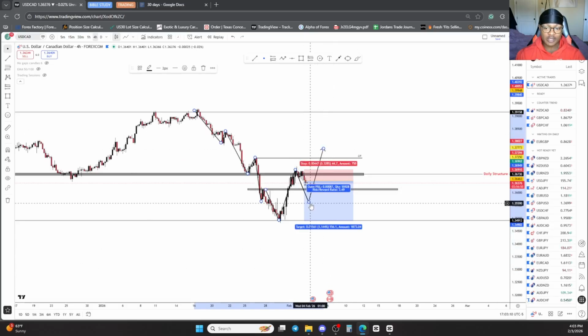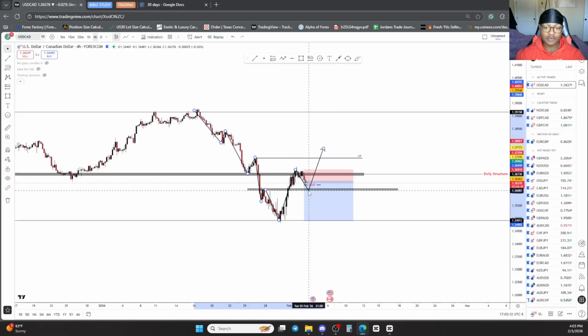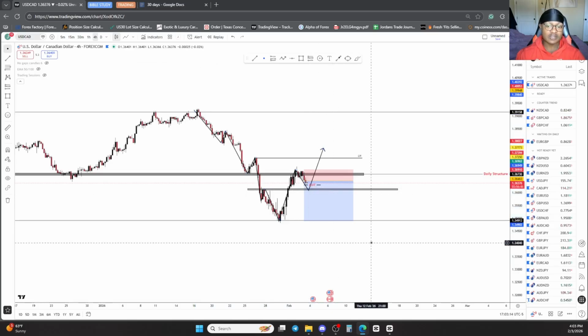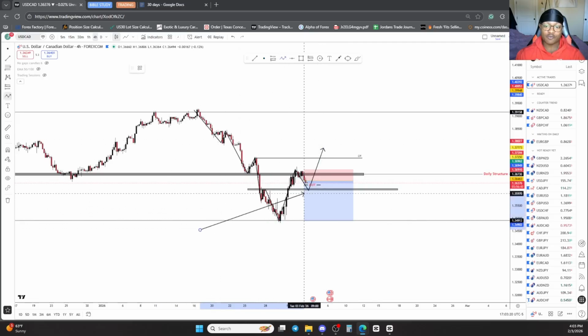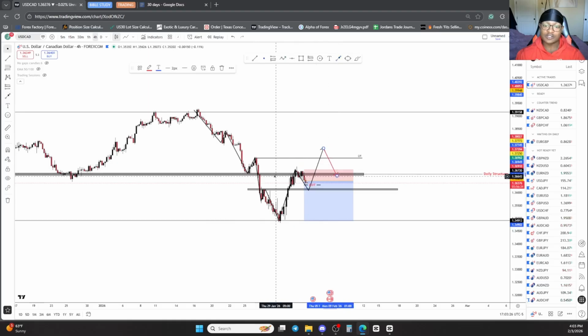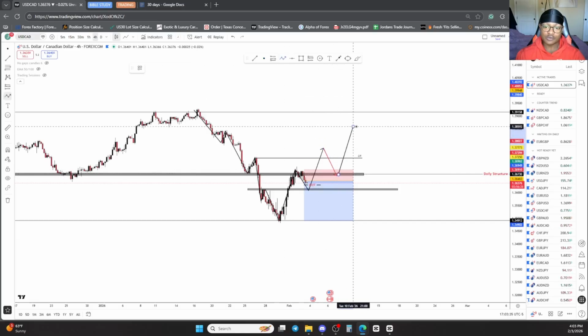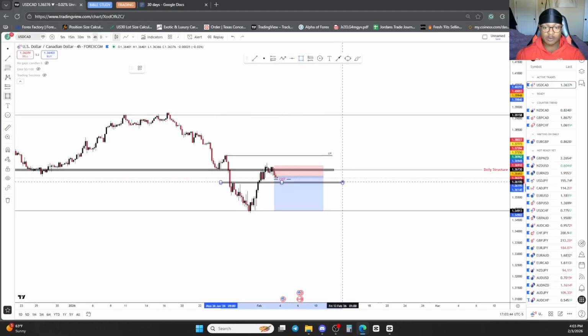But say if price gets to this level and we reject from this level, we can easily see price continue towards the upside, form this left head, right shoulder, breaking out of the neckline, and then we look for price to come back down to treat our floor slash ceiling as the floor once again, to continue this move towards the upside. I simply don't like my position because of this.